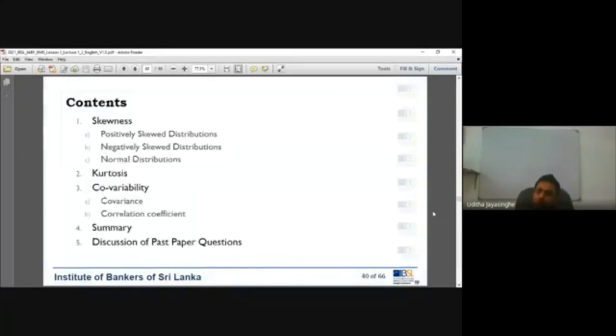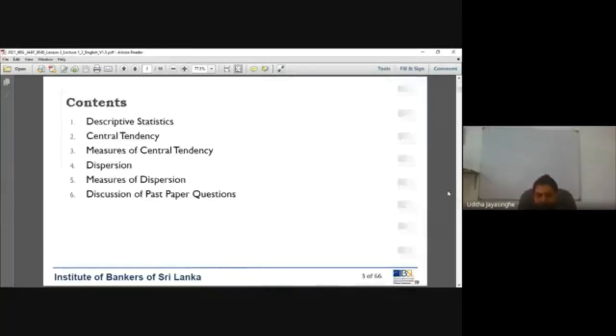That is part 2, where we'll be discussing some of the theories on the normal distribution of a particular data set, how it is constructed, and what sort of qualitative aspects like skewness, kurtosis, and other areas we can discuss. And on this third one, covariability, you will be introduced to two variables in a particular data set. Okay, so this is going to be next week's discussion from slide 40 onwards, and hopefully we are going to cover